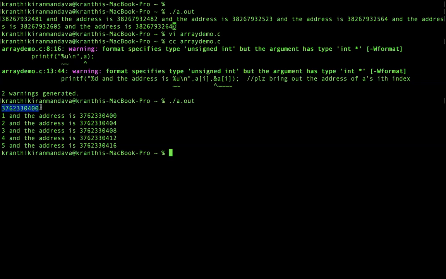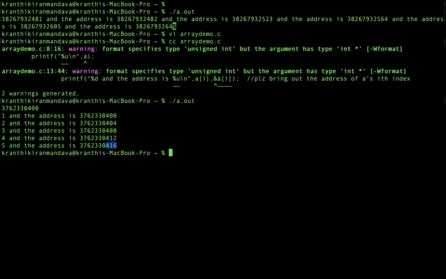So what is A? We have our first value 1 in our array. What is the address of the first value that you got? 400. Yeah, 400. Next one is 404 because this is my 32-bit system. It is occupying 4 bytes. Next it is 408. Next 412. Next it is 416.